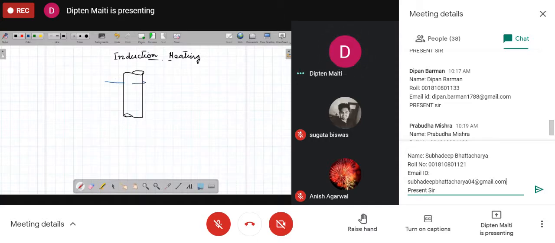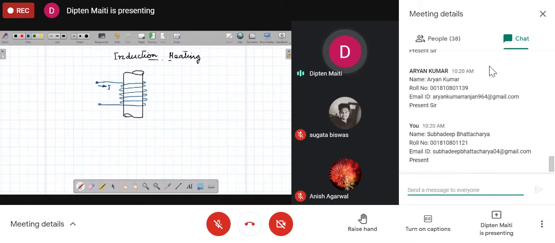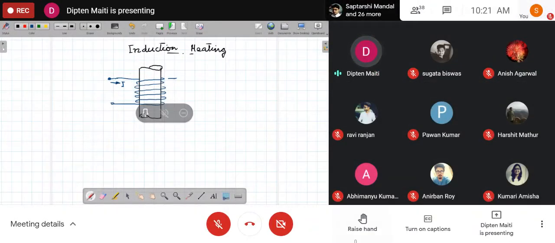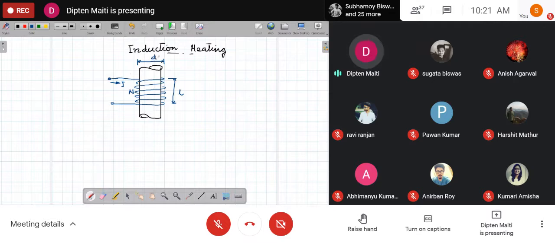let's say like this. We will pass some current I through this, and let's say the length of the piece here is L, and the number of turns is N. And further, for this class, let's consider that this has a diameter of D. Now, due to the transformer action, there would be a voltage induced across the piece,